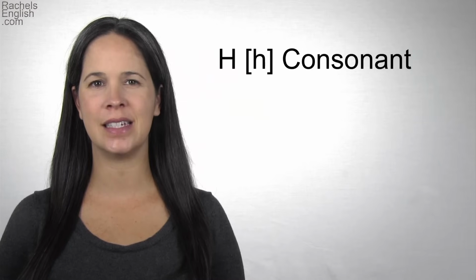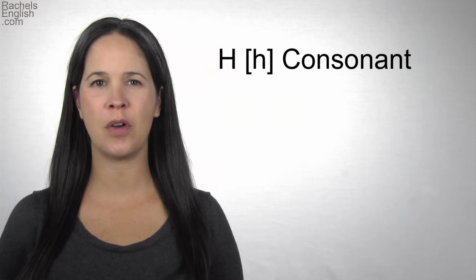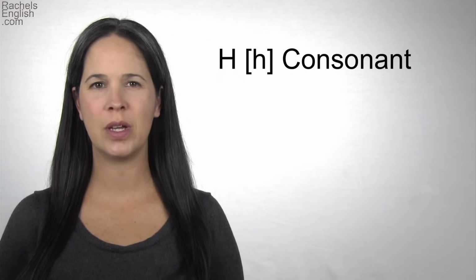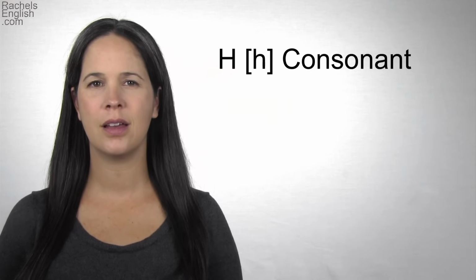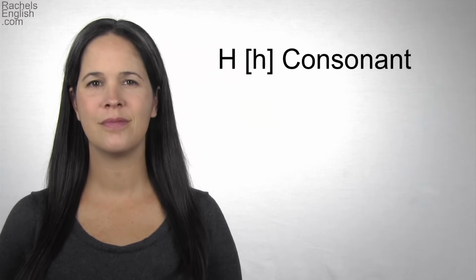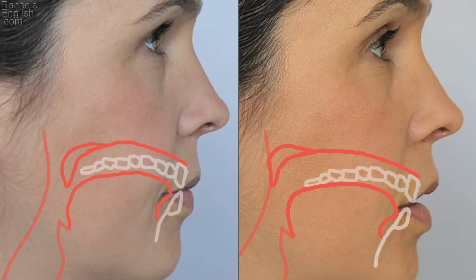The H consonant sound. This sound is simply made by passing air through a very slightly constricted passage, either between the tongue and the roof of the mouth, or in the throat. This is an unvoiced consonant. Part the lips and press the tongue down in the back just a little. If you don't constrict the air passage at all,